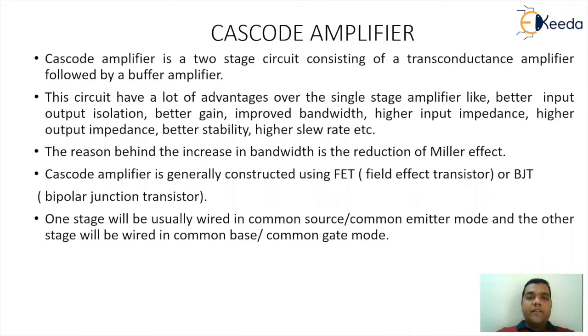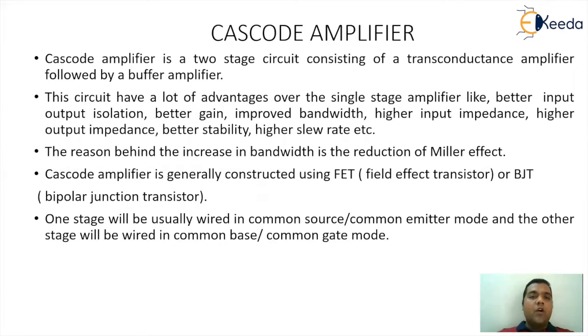So before we actually start with the concept of cascade amplifier, we need to understand what we have seen in the previous session. In the previous session, we have seen the concept of cascade amplifier, where in the effect of multi-staging, output of the first amplifier will work like an input for the second and so on. So the amplifiers were connected back to back. Now, cascade amplifier is also a two-stage amplifier, which can be made from a combination of transconductance amplifier and a buffer, and any other combination is also possible.